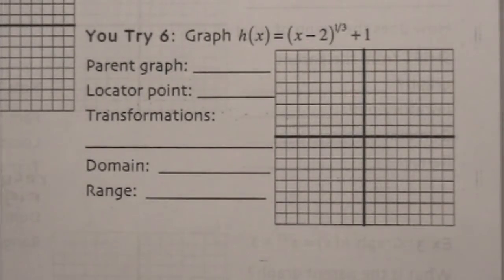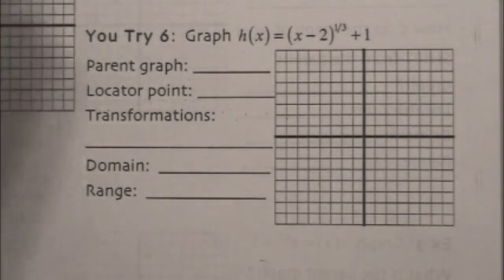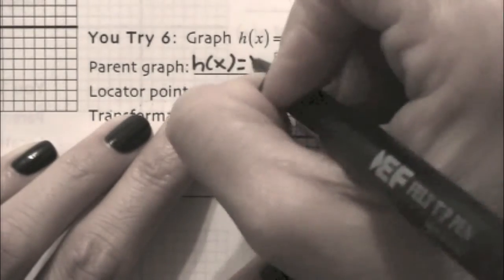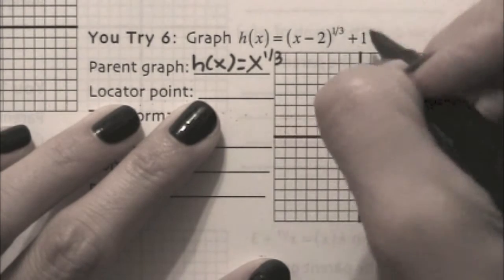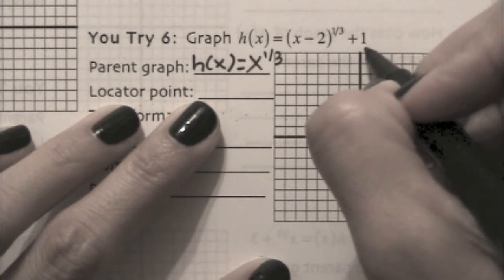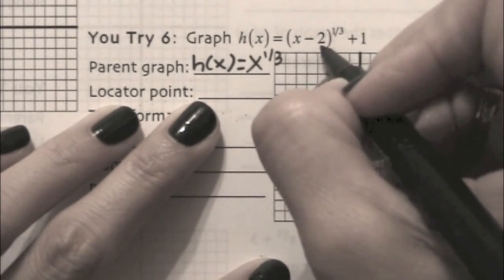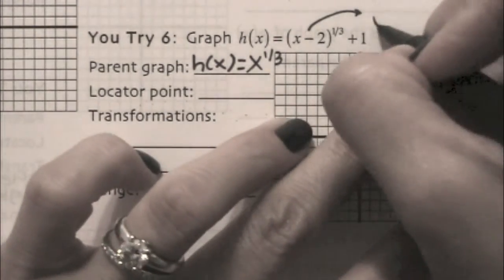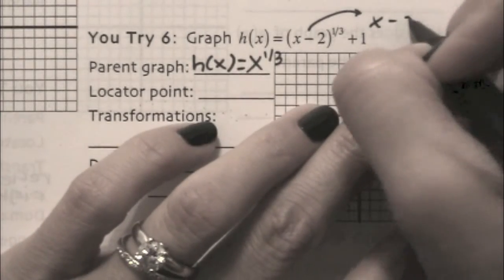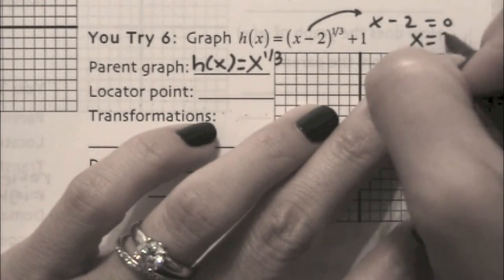Okay, this last example says h of x equals the quantity x minus 2 to the 1/3 and then a plus 1. So parent graph, x to the 1/3. We have two transformations. This is your vertical because the number is on the outside, and this is your horizontal transformation because the number is in with the x. So this one, we're going to set equal to 0. And we get 2. So a transformation would be right